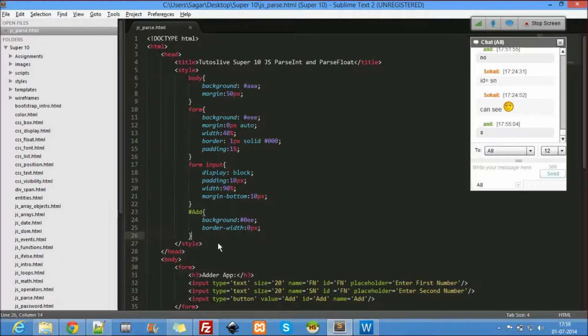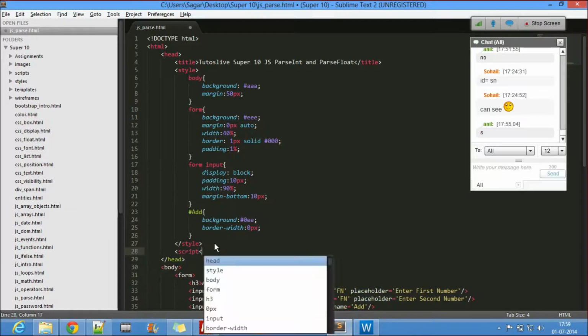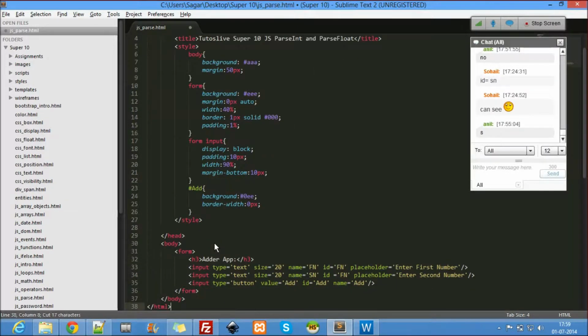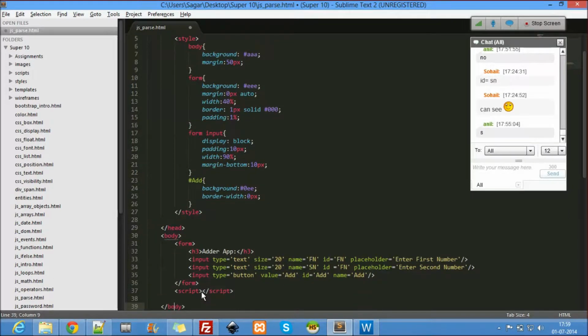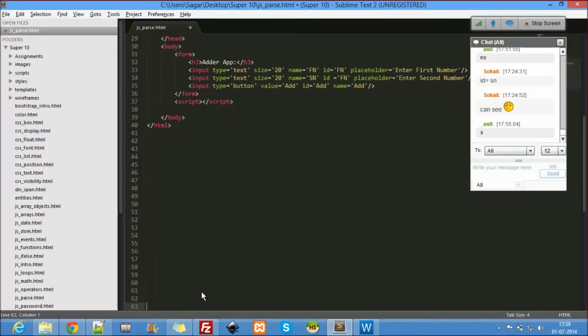Alright, so now let's start doing our script. I'll write the script at the very end. As soon as I click on add, first let me pick the element here.